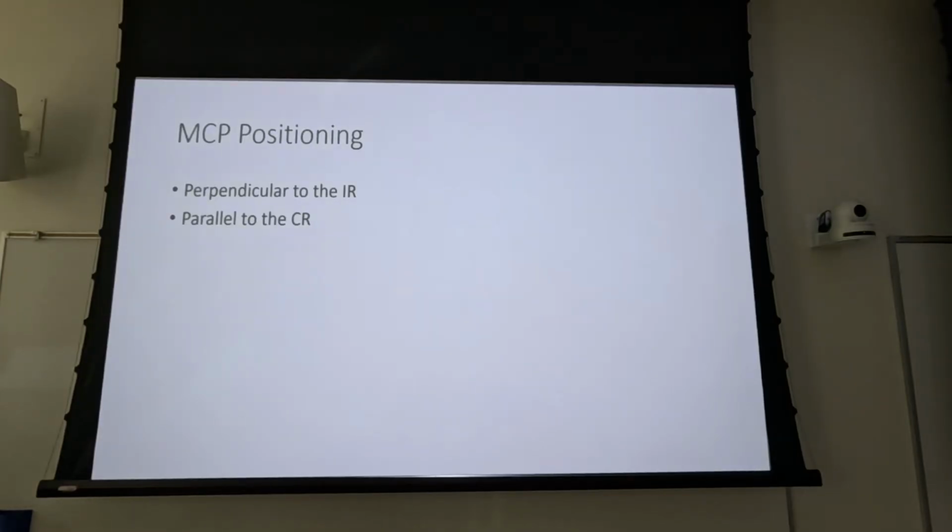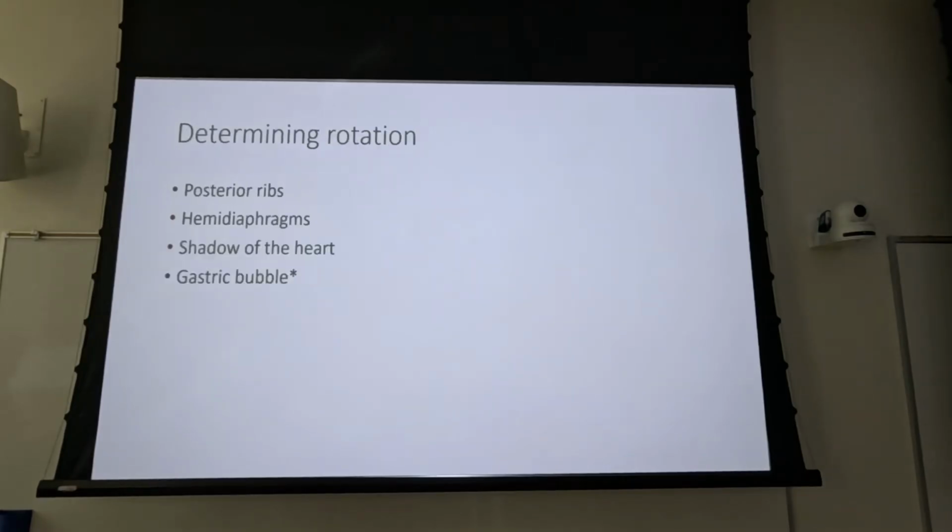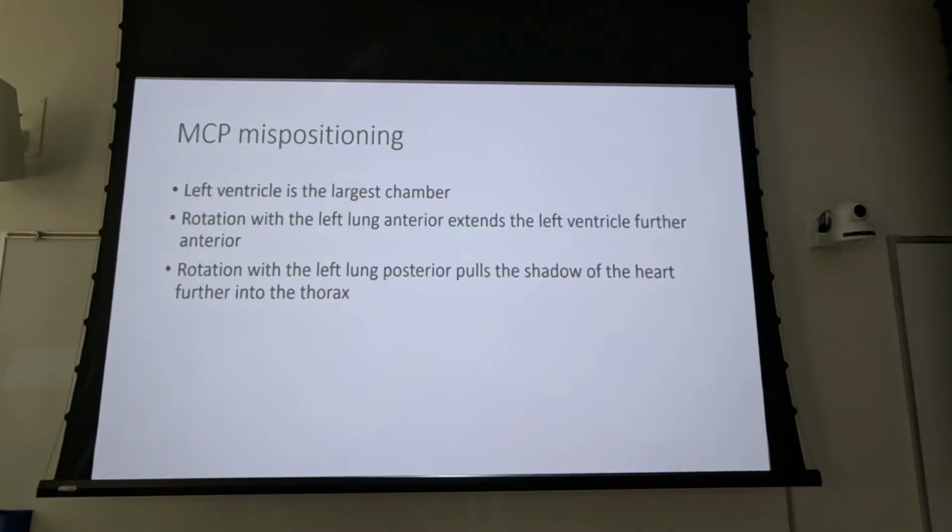Mid-coronal plane for a lateral should be perpendicular to the image receptor, parallel to the central ray. So we're going to look at the ribs to determine rotation. We're going to look at those hemidiaphragms. And again, the textbook goes into the shadow of the heart. And, again, full disclosure, I just have a hard time seeing